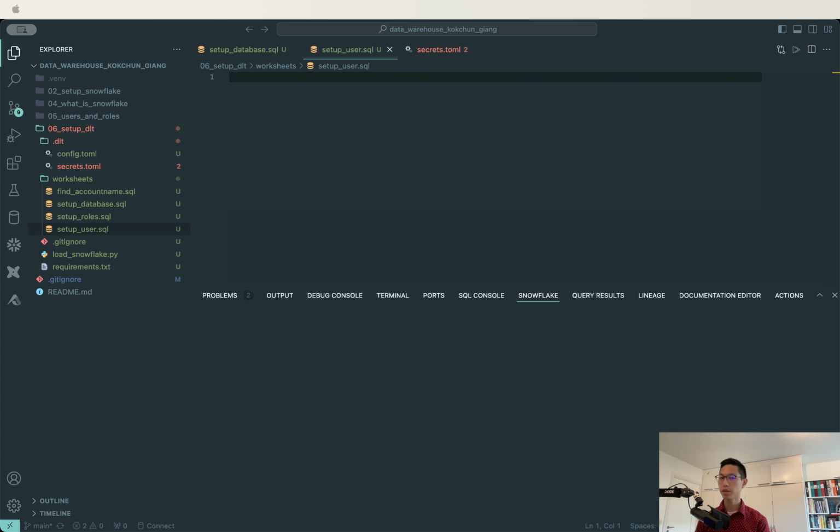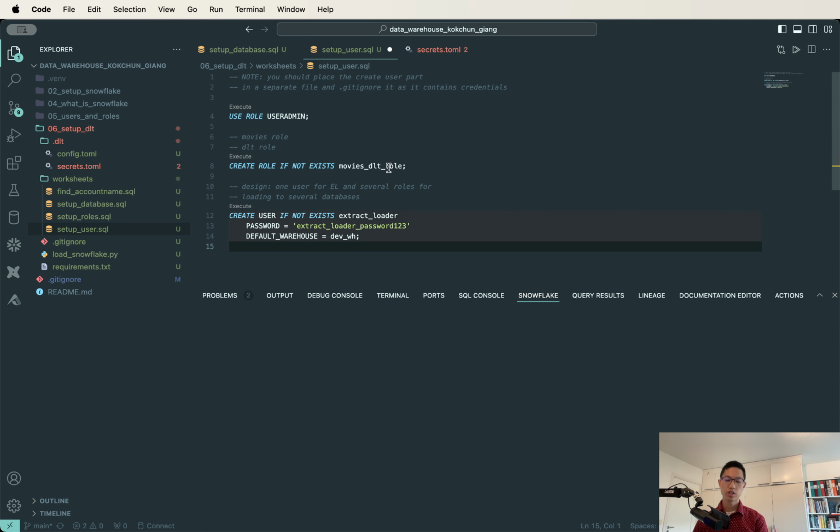However, here we want to separate into two different files in order to git ignore, so that you don't expose your password to other people. For me, I will remove the user after the video, so it's no problem for me. So let's start here. We have this file, setup_user.sql. I copy part of the code here from the lecture note. So we start with using this role, user admin,